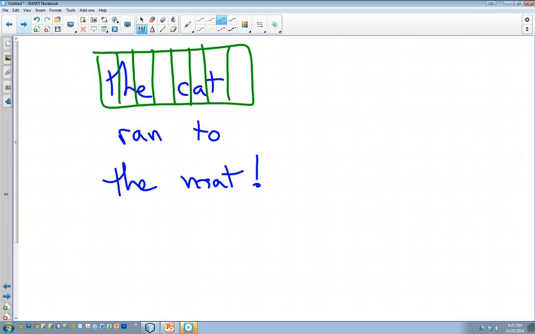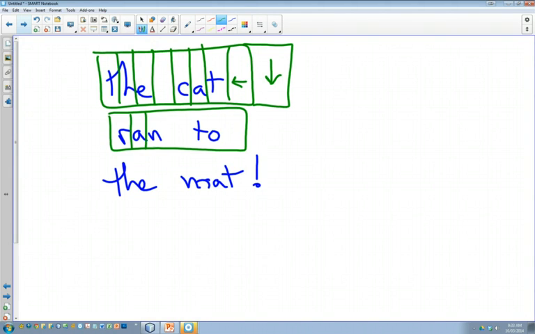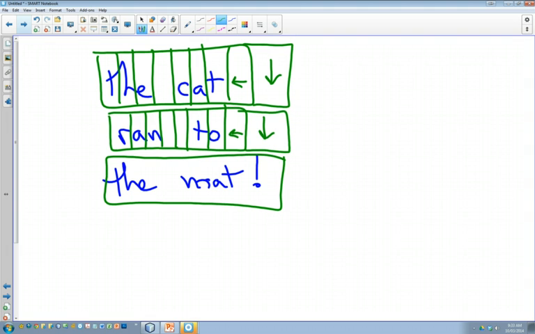Or is it one more? There are two more characters there. There is a carriage return and a line feed. Two characters sitting there. They're invisible to you, but they're in there. And then comes the next line, same thing. RAN space. Let's say I had two spaces. Let's say I was one of those typers that put two. A T, an O, a carriage return, a line feed. And the next line, THE space MAT